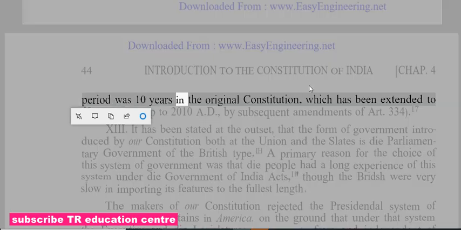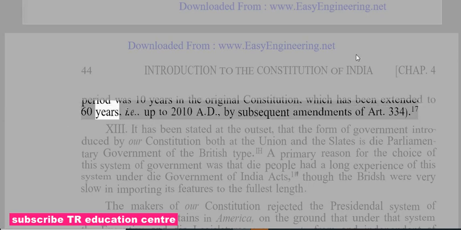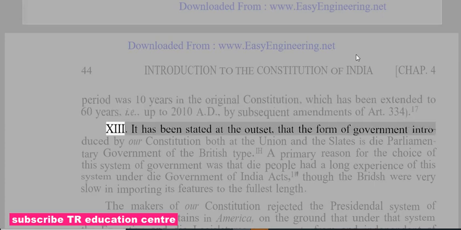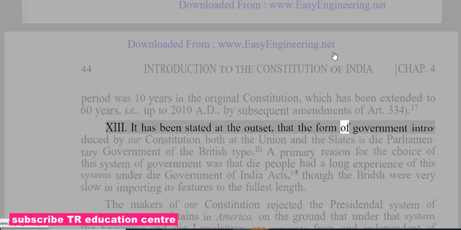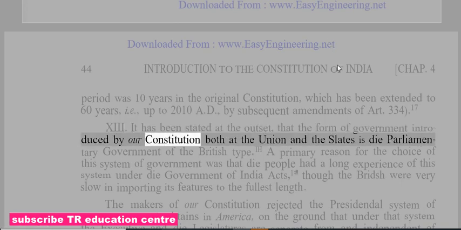period was 10 years in the original constitution, which has been extended to 60 years, i.e., up to 2010 AD, by subsequent amendments of Art. 334. It has been stated at the outset that the form of government introduced by our constitution both at the